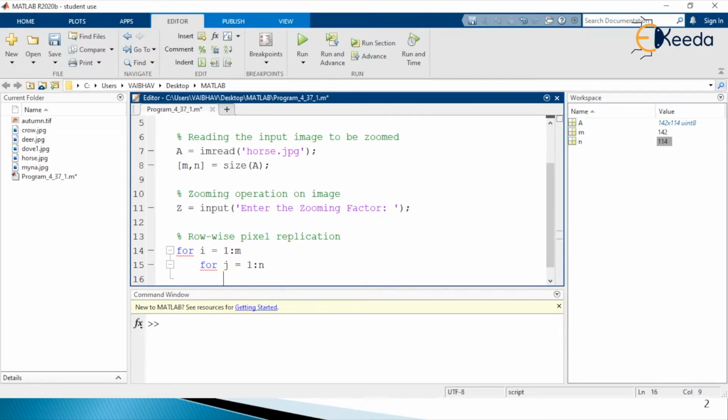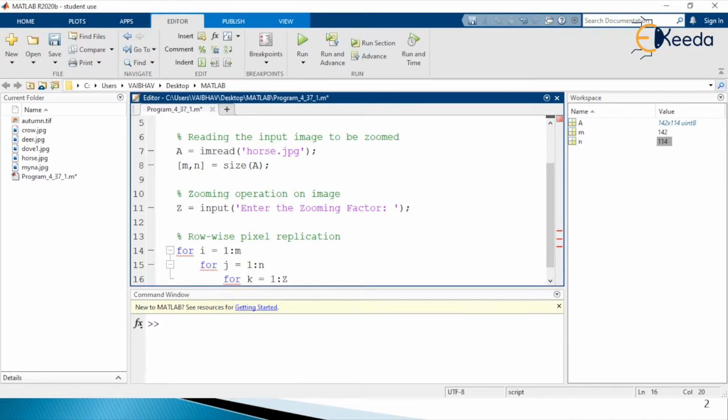So inside these two for loops, what we can call the nested for loop, we are going to have the third and last for loop for this row wise pixel replication. And let us have the index variable defined to be small k that will again start at the value 1 and that will extend to the value Z, which is the zooming factor that we have accepted from the command window.